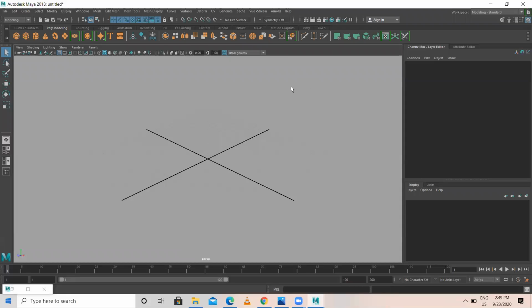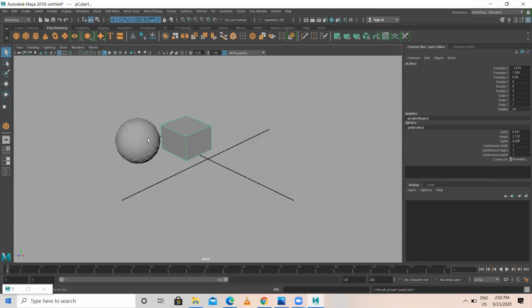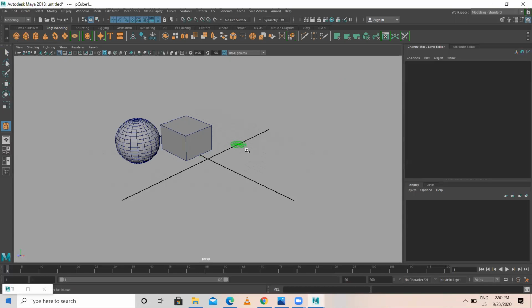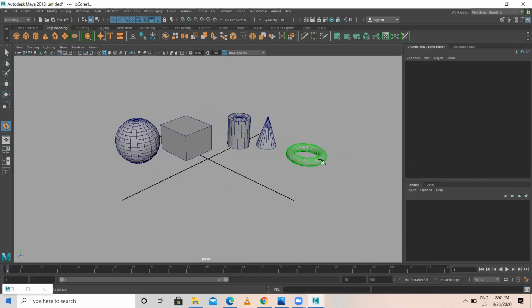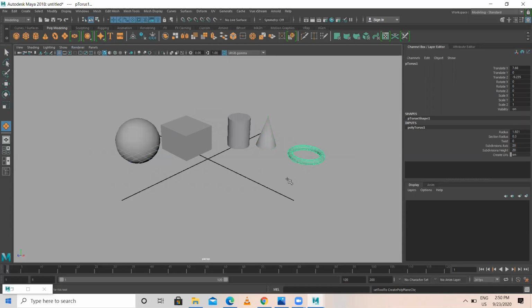Polygon modeling is called hard surface modeling, and it is one of the most preferred in the industry for modeling. Polygon modeling also has these primitives: sphere, cube, cylinder, cone, torus, and plane.